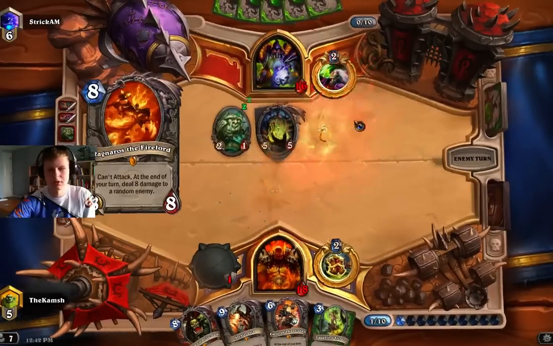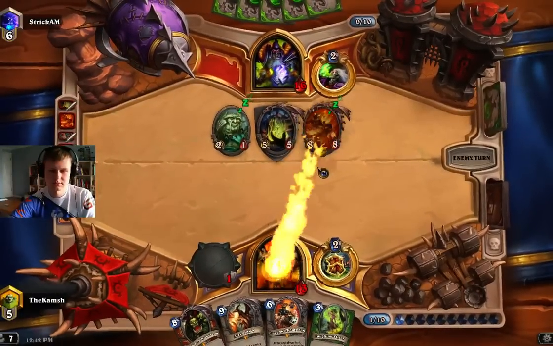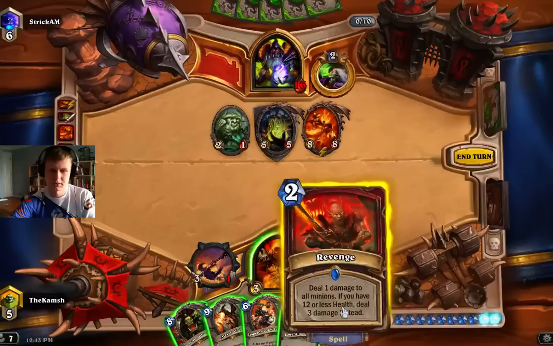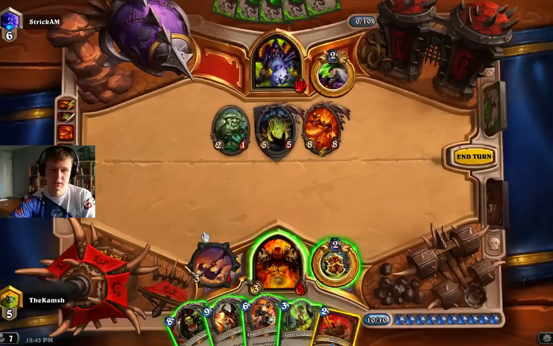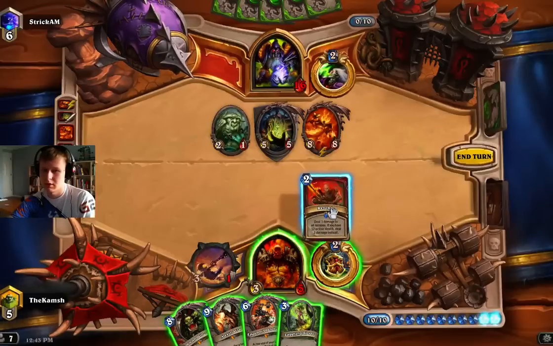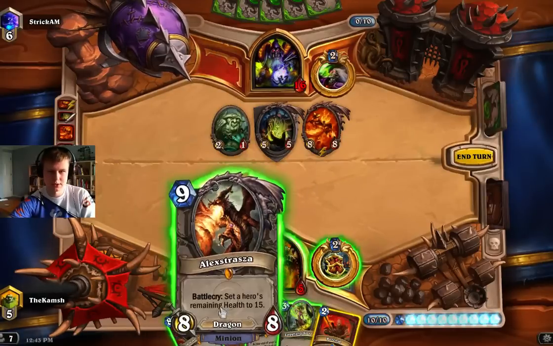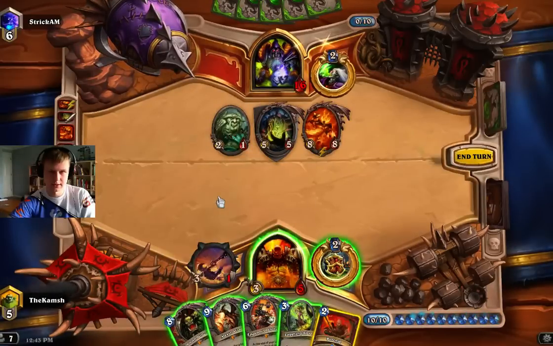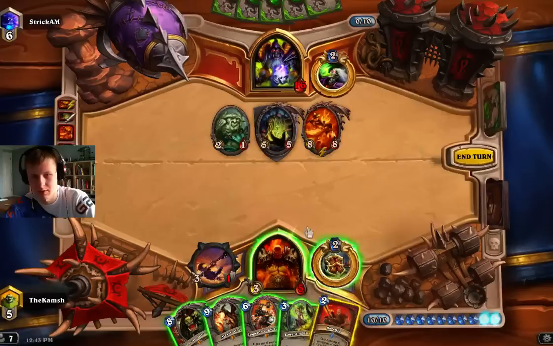If he has, like, a... Yeah, that is not great. I'm at 5. I, like, have to... Okay. So I think, like, Alexing myself is weak, because then I just die to a removal spell for Alex. Or if it misses. I think my best bet here is to Revenge, then armor up, then hit this down,